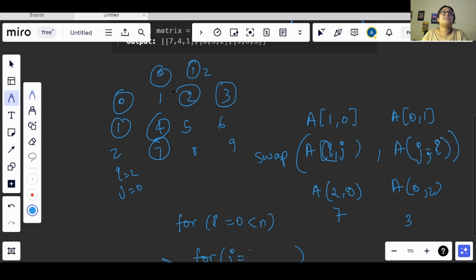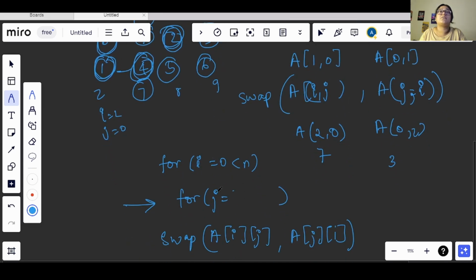Let's say we don't have to make any change here. Now when my row is 0, I will be starting from here. And let's say my row is here, so I don't have to start again here. Why? Because this 2 and 4 will already be swapped, and we don't have to swap for 1, 1. We will have to swap for 1, 2 only. Therefore, we will start j from i plus 1, going till less than n.